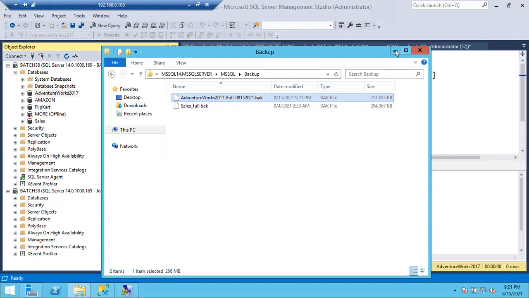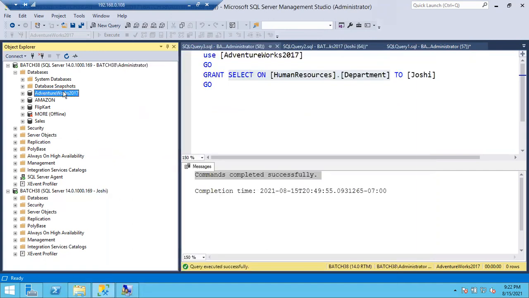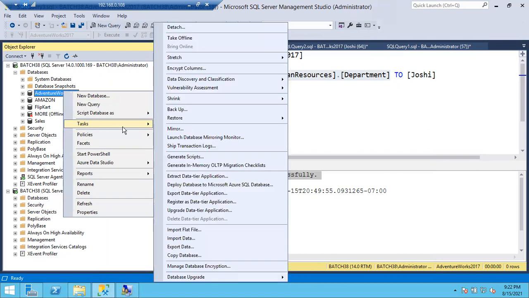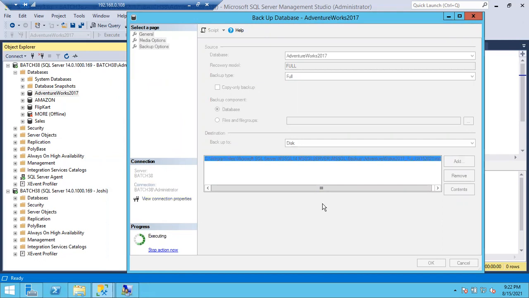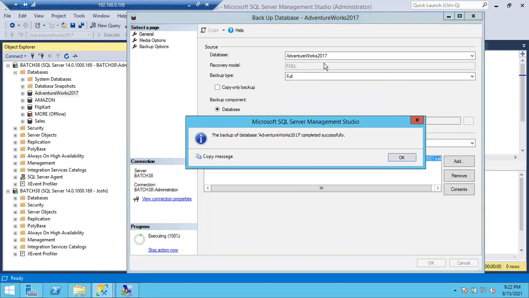Again I am taking the backup to the same location with the same name. Right click, Tasks, Backup. I am not changing anything. Same name, everything is the same. Let me click OK.